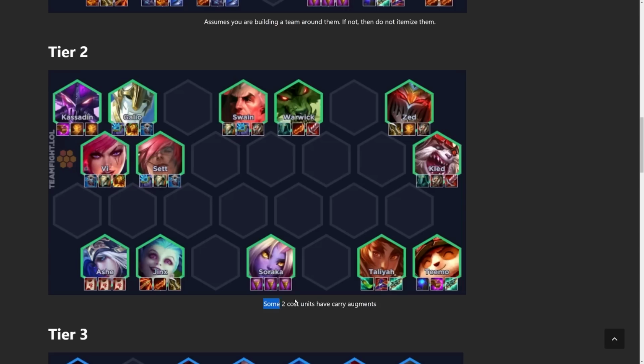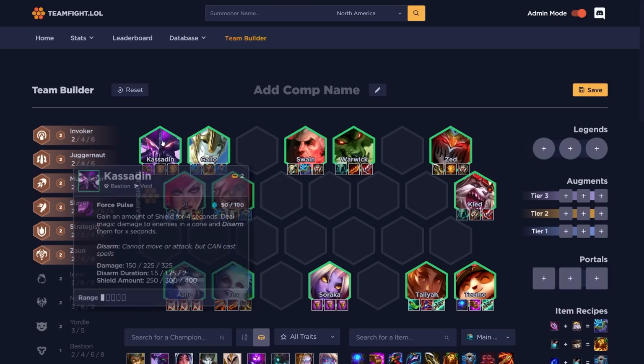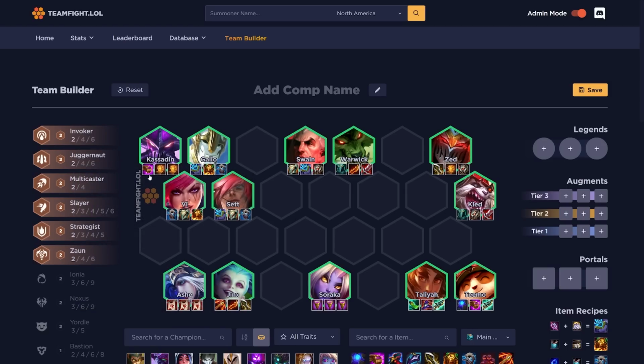So I make a note down here that some 2-cost units have carry augments. That's going to be Warwick, Swain, Galio, Kassadin, and Sett. So when I look at those units, that's going to assume that you have those hero augments and that they're 3-star. Starting off with Kassadin, Jeweled Gauntlet is going to be the best item on Kassadin,